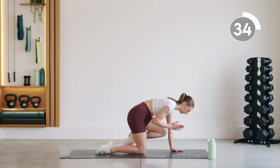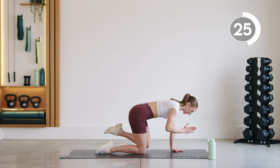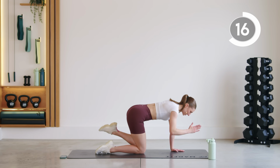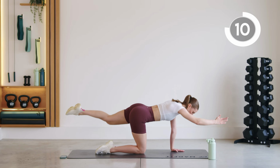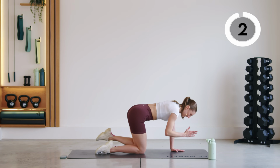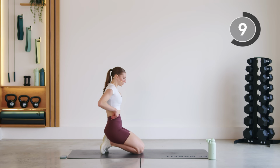Press through that left arm. Think about reaching fingertips and toes to opposite wall. Nice job. Take a little rest. We're going to continue with that left leg, keeping it nice and straight, lifting up and